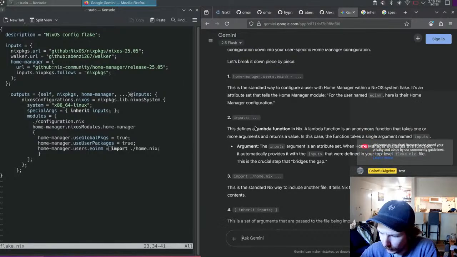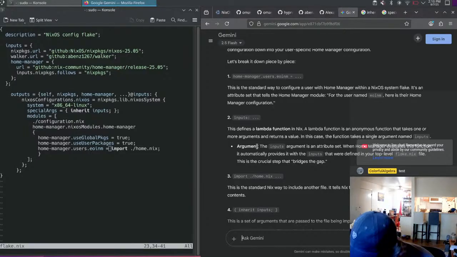That's fine. Inputs, this defines a lambda function. Oh, okay. It's an anonymous function. And why is it anonymous? It's because, let's think. So inputs is the only argument that goes into the function, I guess. And because we didn't give it a name explicitly,